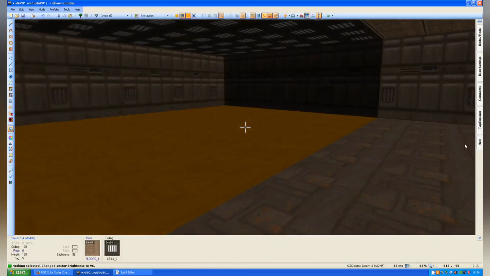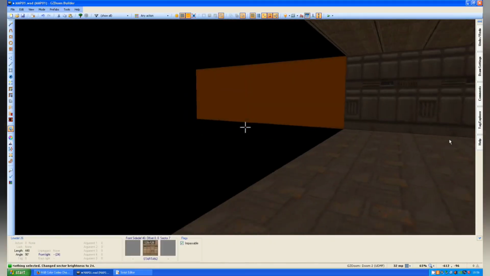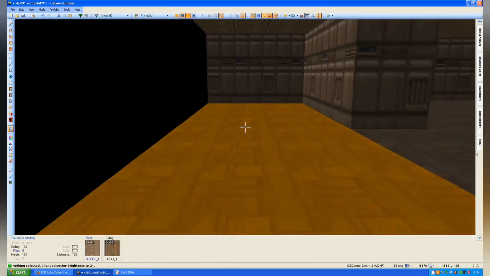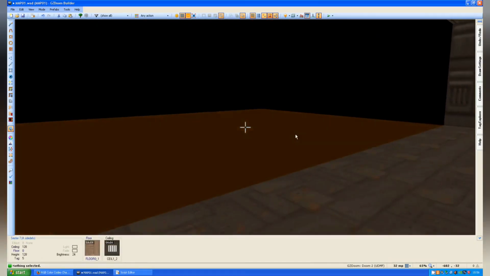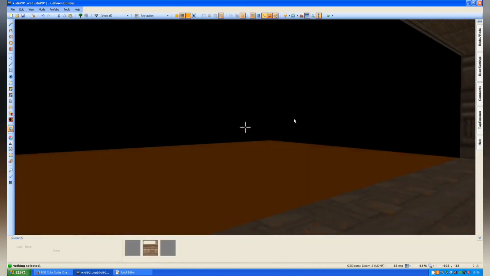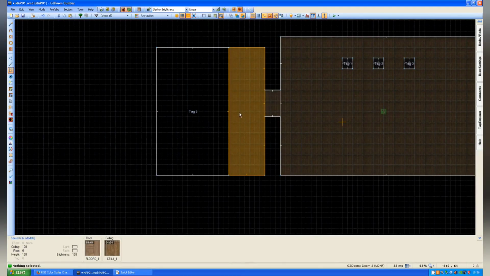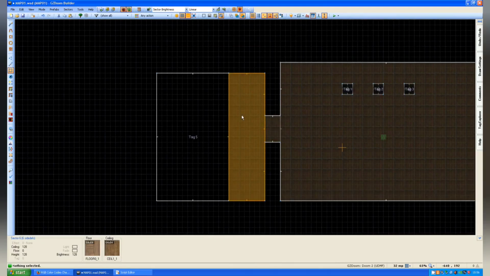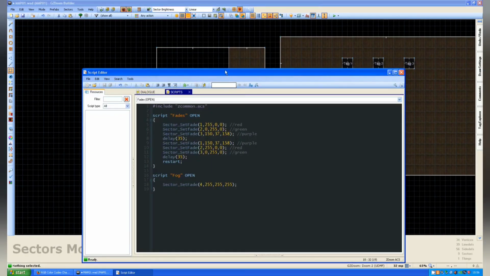So to start with, let's say this is going to be brightness 24. We'll keep this 128. That's fine for now. This part, but we want this bit with the lights to be dark, because this is where we want the lights to gradually come on. So now let's go into our script